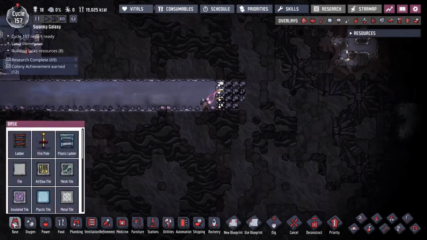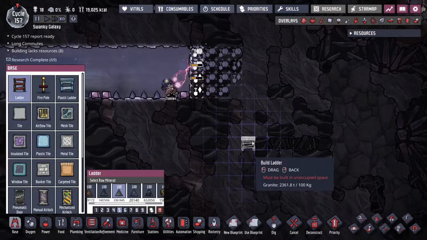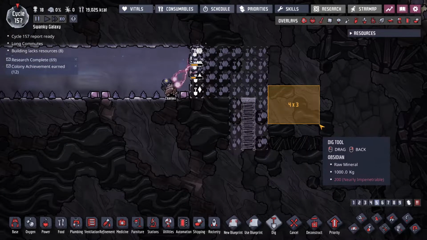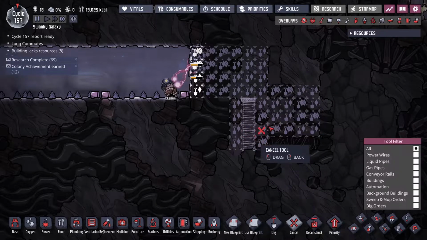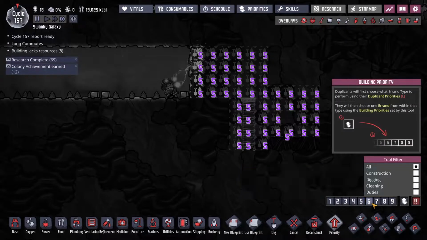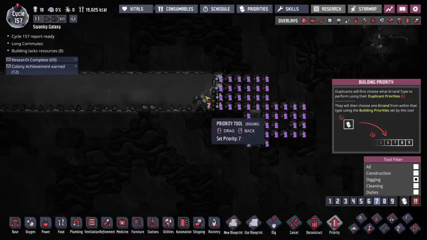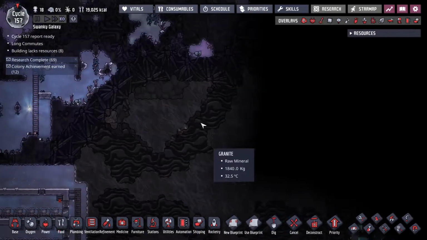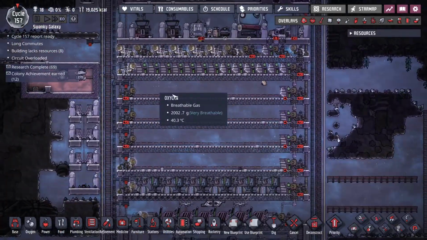Ooh, what do we got over here? Pardon me while I'm distracted by digging. Well, let's just make them really want to dig this, then we'll come back and see what it is. We're exploring the map, and what we...